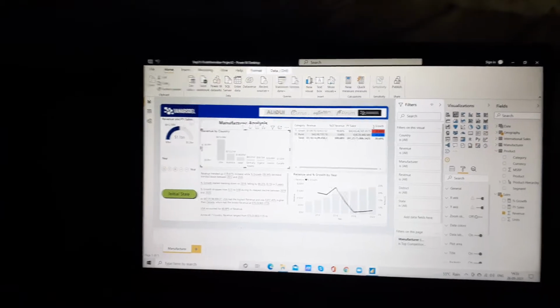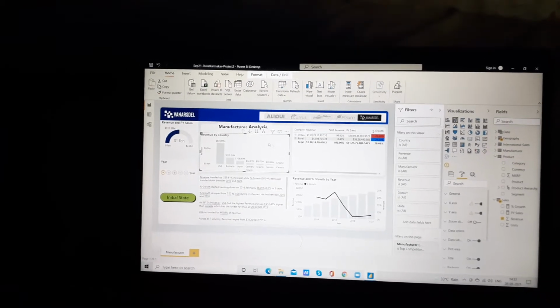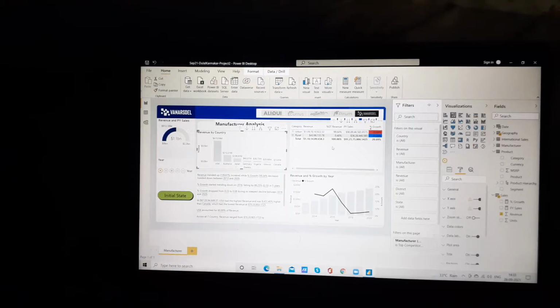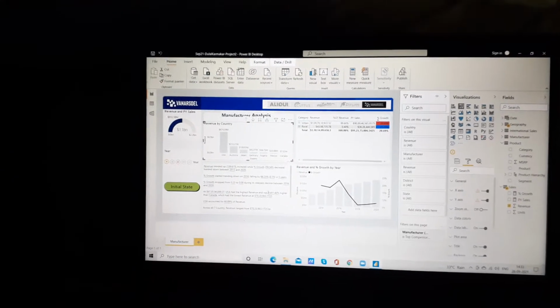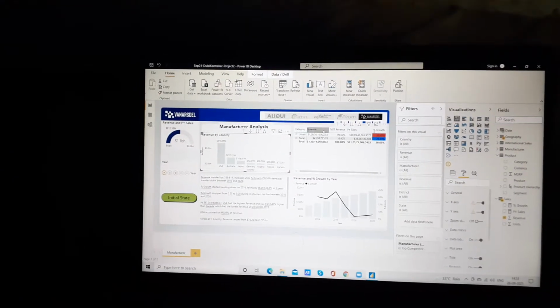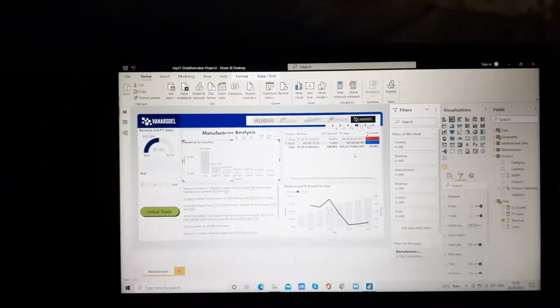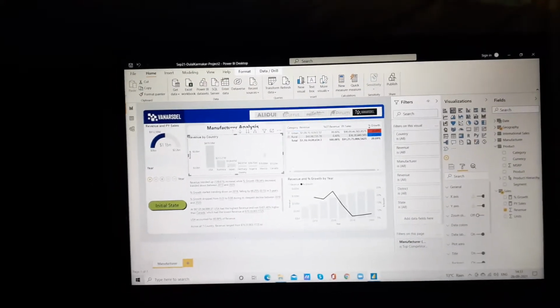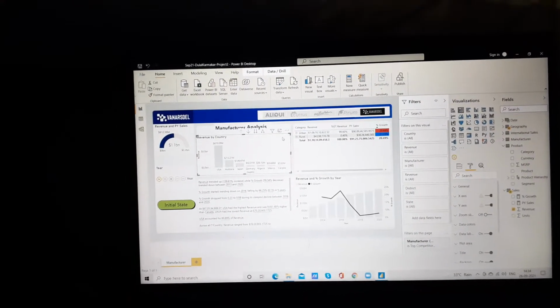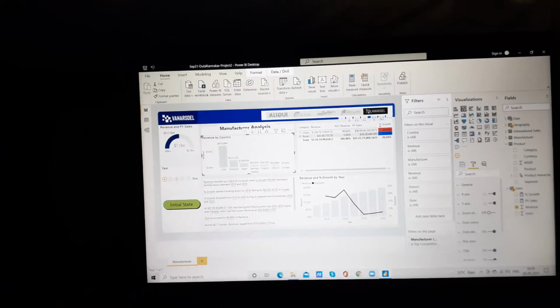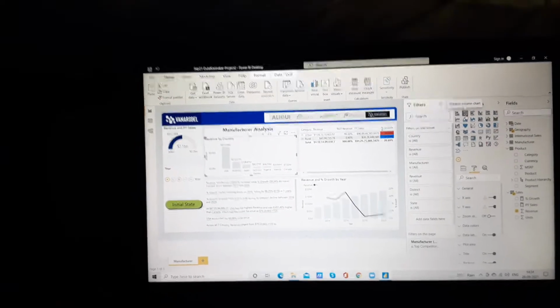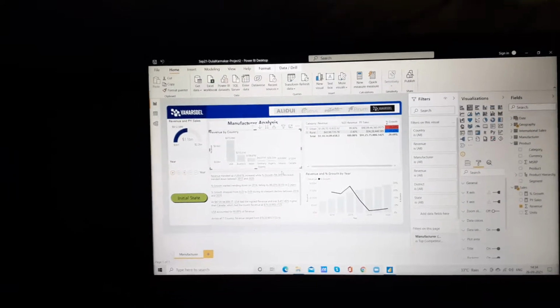Okay, so in this dashboard we can see there are some visualizations used to show the data, right? First of all I just want to start with this one. What chart is this? This one is a stacked column chart, right?